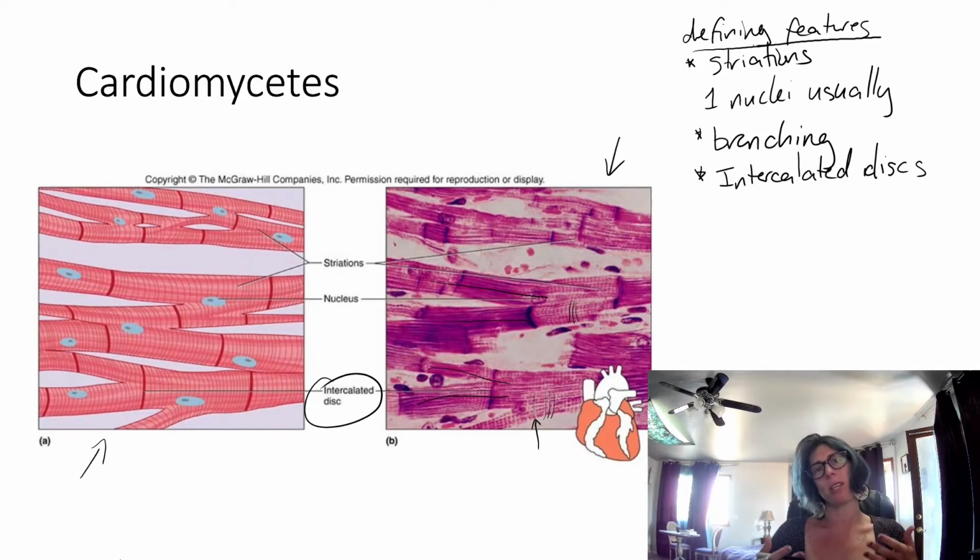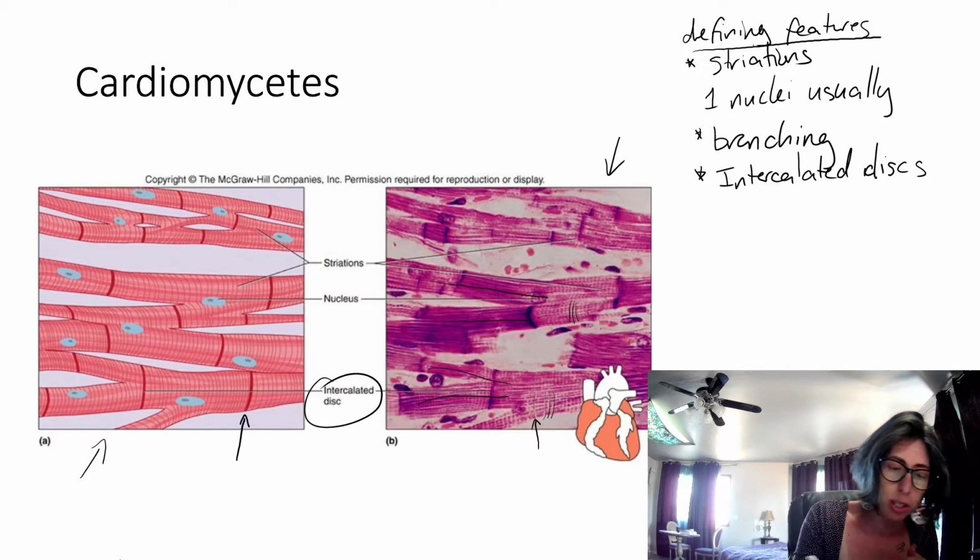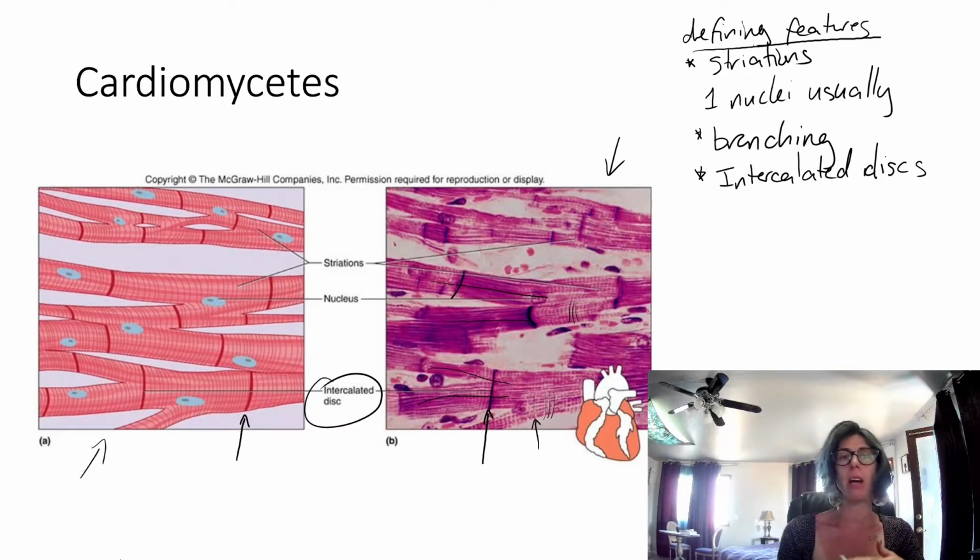And part of the reason the heart is autorhythmic is because of these intercalated discs. And as you can see here, you can see them under a microscope. There are these strong divisions between these branching cells, so that the action potential created in one place in the heart can spread through the intercalated discs to the rest of the heart tissue in a wave-like fashion, creating this wave of contraction that squeezes the blood out through the heart,